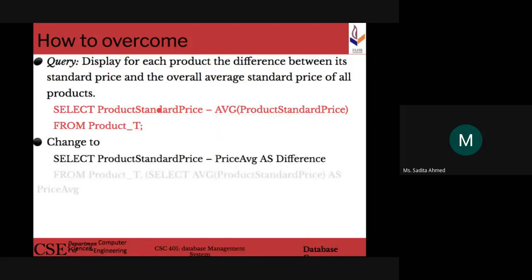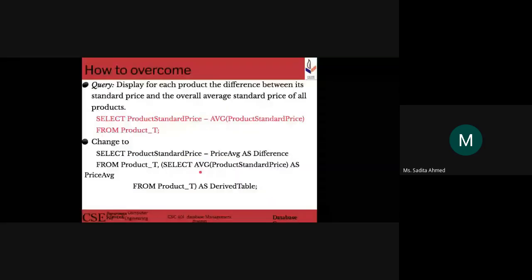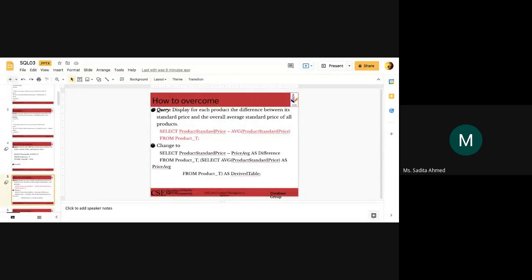What we do is we use an inner query. This is a subquery, right? Used as a derived table. We use an inner query, and in that inner query we calculate the average separately. ঠিক আছে? So average calculate করার কমান্ডটা কি হতে পারে? Average calculate করার কমান্ডটা আমরা আলাদা এক্সিকিউট করে দেখি, ঠিক আছে? So average calculate করার যে কমান্ডটা, সেটা যদি আমরা রান করি individually,